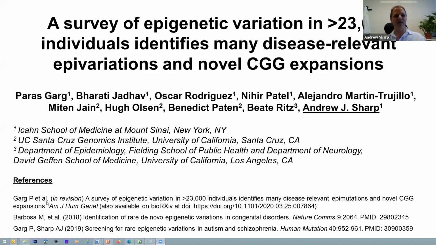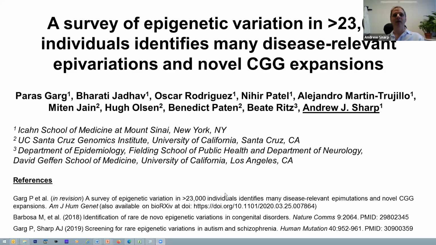On my first slide here, I put some references. We posted this on bioRxiv a few months ago, and probably tomorrow I'll be submitting the revised manuscript to a journal, so hopefully this will come out in the next few months. If any of you are interested after seeing this talk, I'm just going to very briefly touch upon 2 other papers that we've published on this same theme. The first paper here in Nature Communications, where we looked at patients with congenital disorders, specifically looking for epigenetic variations that were linked with disease. And then also a follow-up paper where we looked at a cohort of about 1,000 patients with autism and schizophrenia.